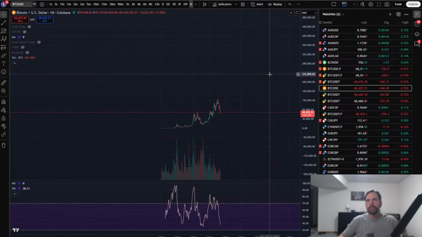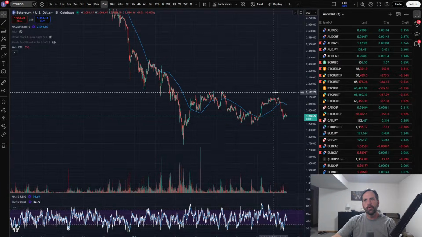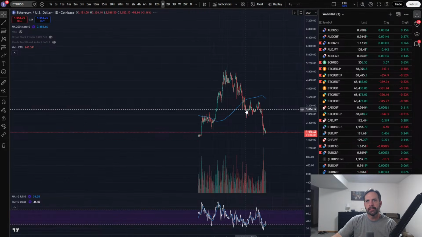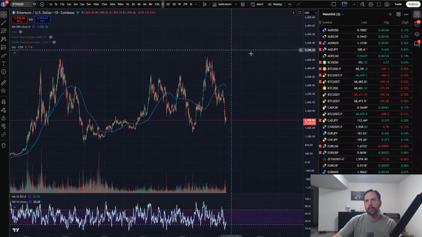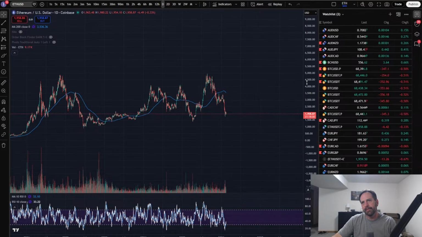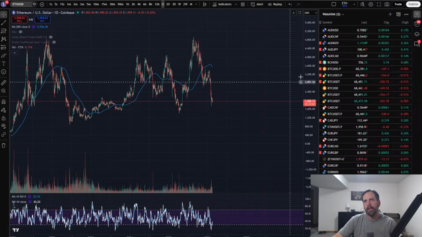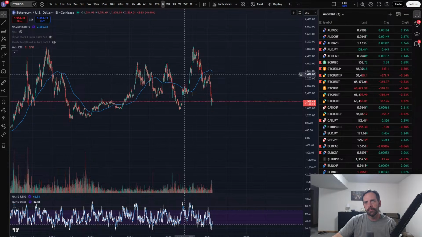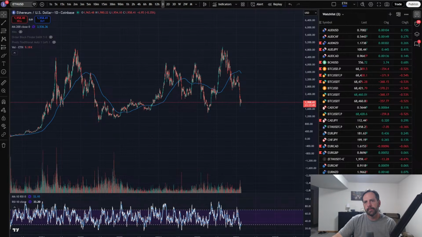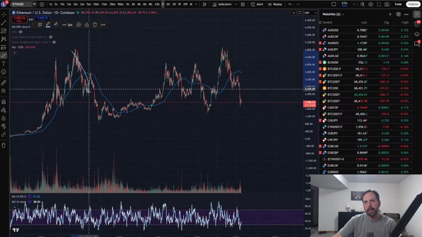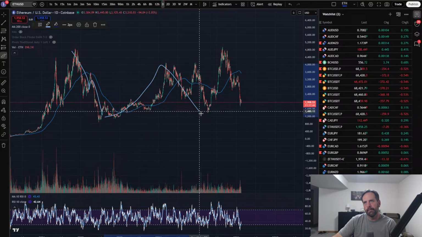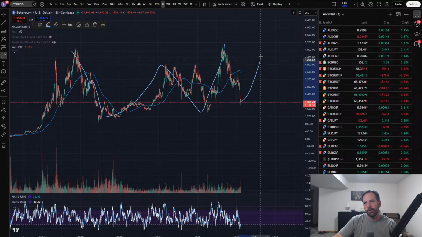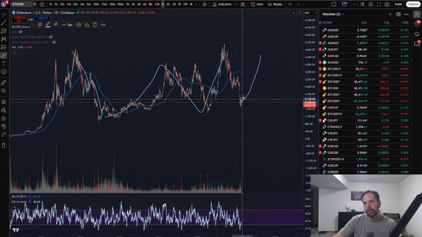Let's take a peek at Ethereum real quick. Just look on the daily. Just do a little correlation analysis here. There we go. Yeah, so I look at Ethereum and I'm like, this wave is not proportional to what I'm seeing. This is the problem with Ethereum. I got 3 waves here. This thing took forever, right? So yeah, I think we're ready to come back up or roll over